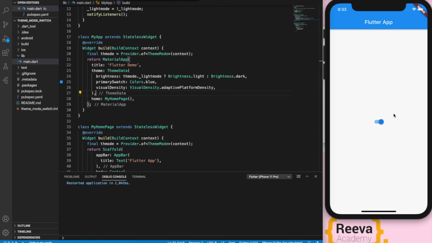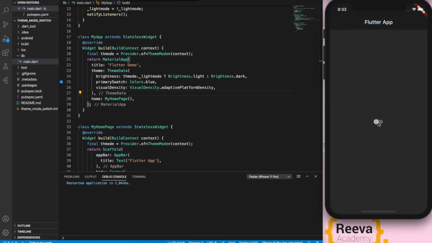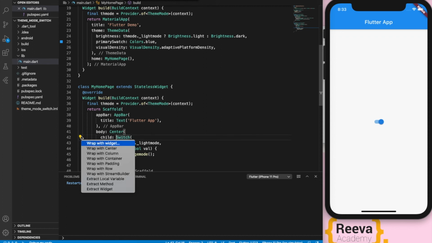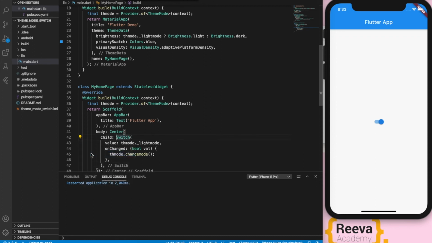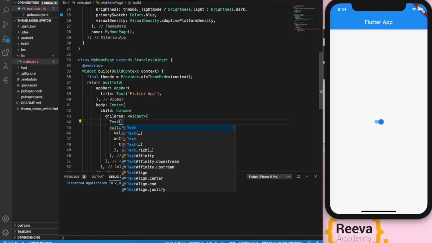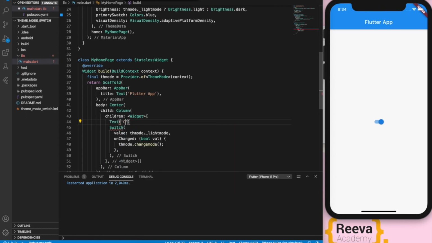Now let us check everything. If you simply turn this switch on and off, our theme will change. Now let us do one more thing. Let us add some text over here and then test again. So I will wrap this with a Column and add some Text over here, say Text, change theme.